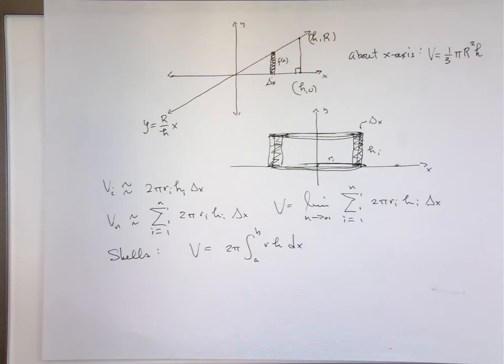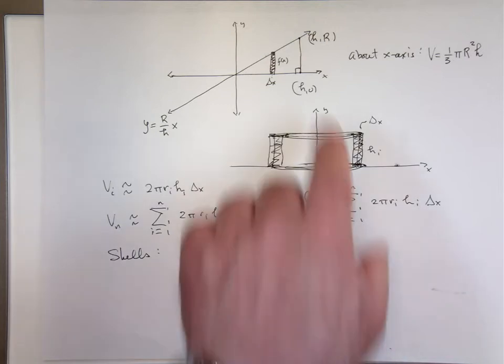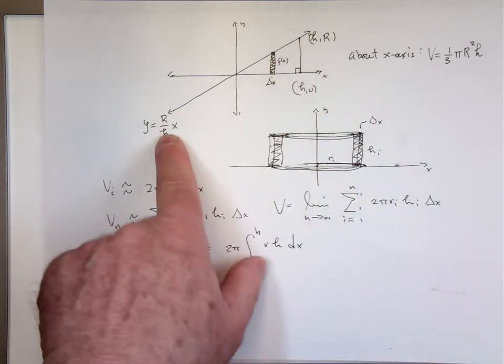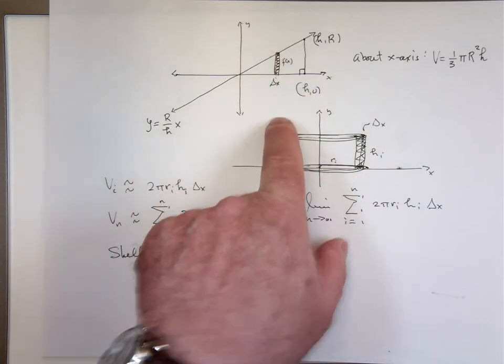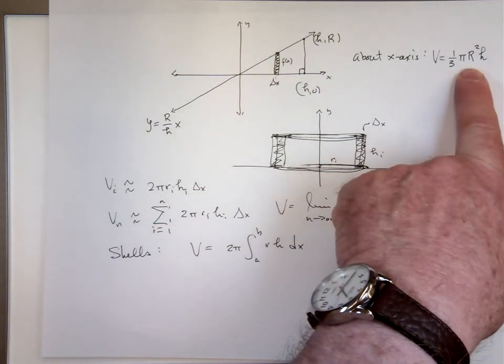Well, you don't have any squared terms, so the integral is not going to have a... Well, I didn't have any square terms when I did it the first time. I had the line y equals r over h x. I whipped it around the x-axis. We generated a volume of that. We generated that right circular cone, and we found its volume to be 1/3 pi r squared h. That's what we derived